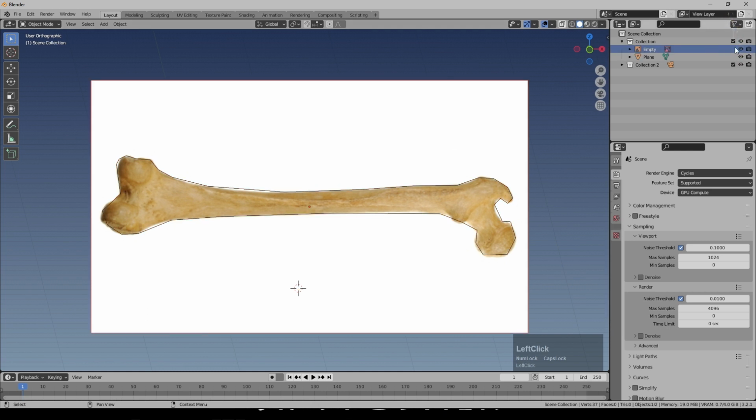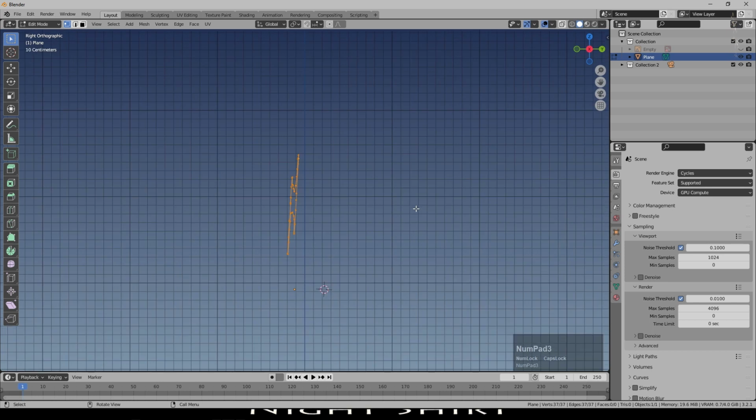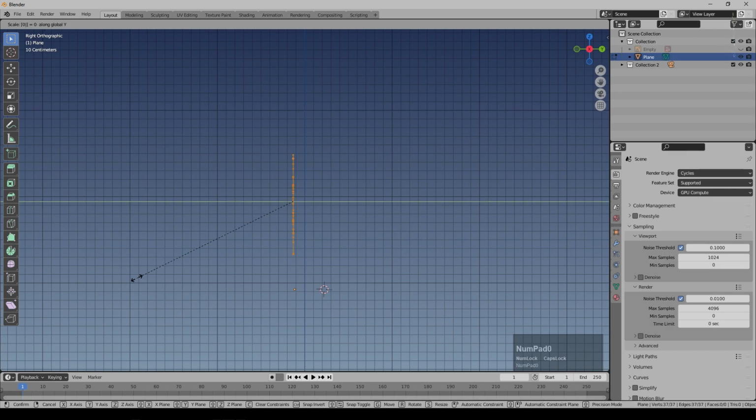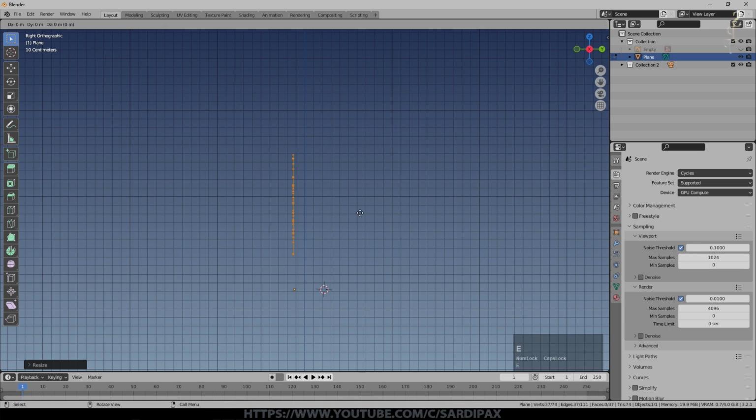And then we can just select that empty and turn it off. Select all the vertices, look from the side. Let's make sure it's completely flat. I didn't do that properly. So scale Y 0 and look from above. And that looks okay as well. Then just E and then click G Y and you can just pull it out a little. And then E again and G Y.